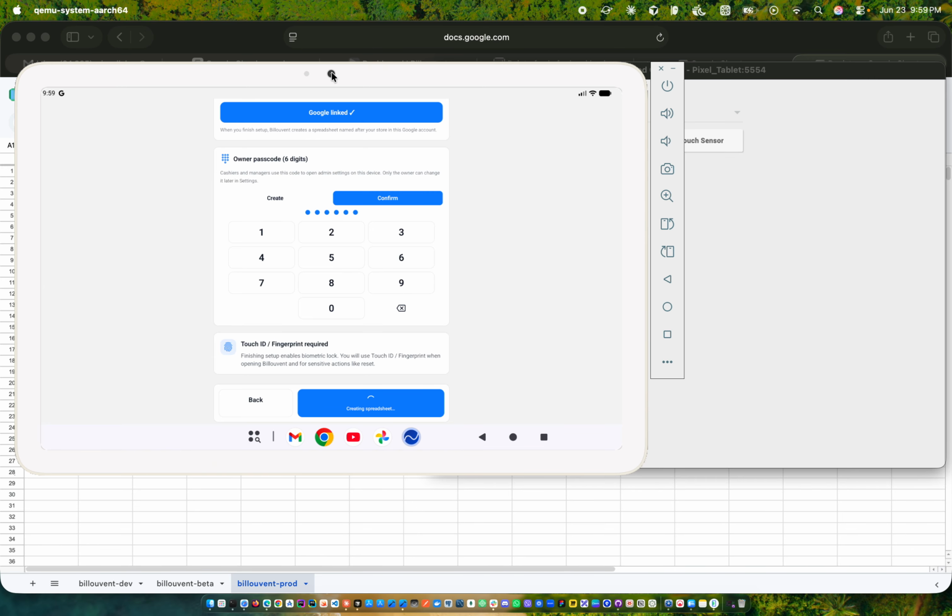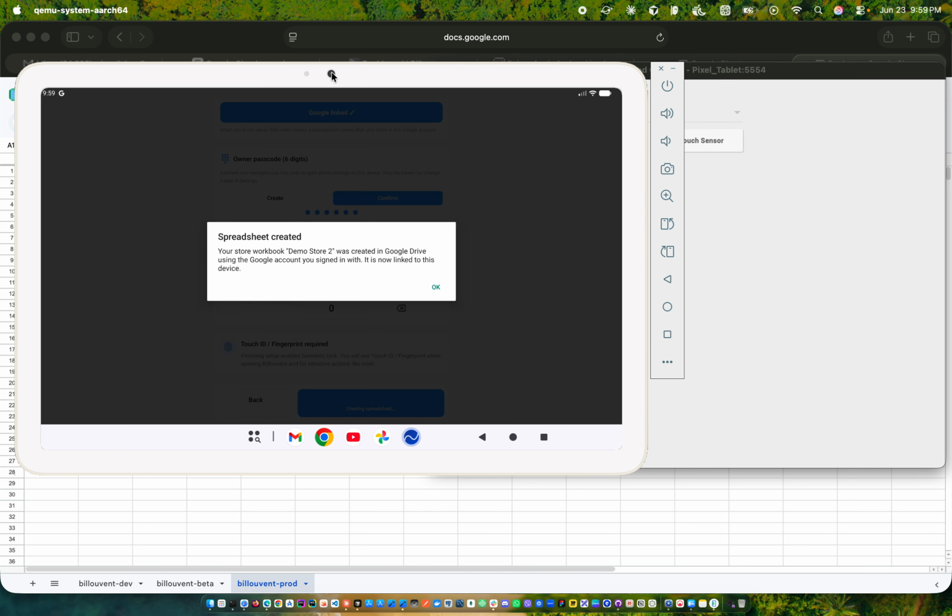Let's wait a couple of seconds until the API has finally created the Google Sheet that is needed for the source of truth, the information needed for the remote monitoring. That means that if the store has the privilege of having internet, they can still operate while the owner is away or not present in the store.